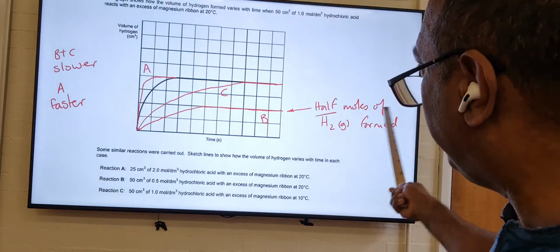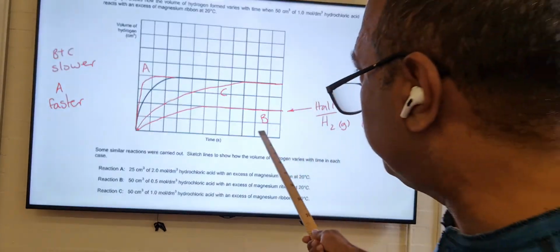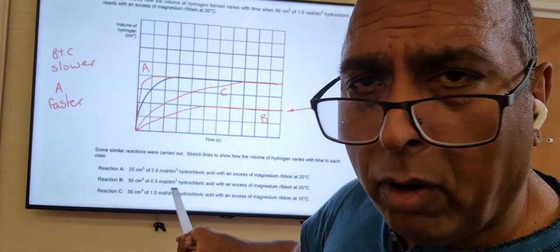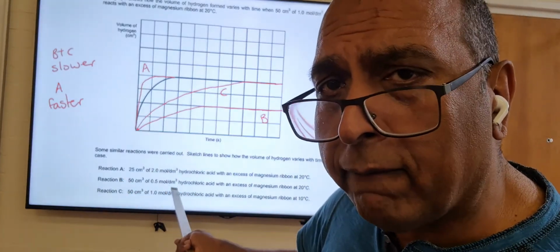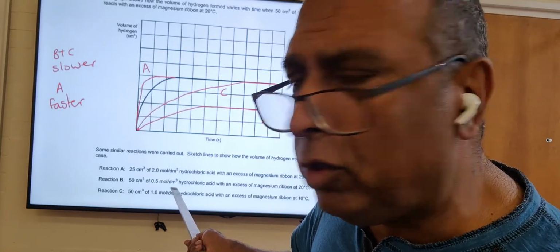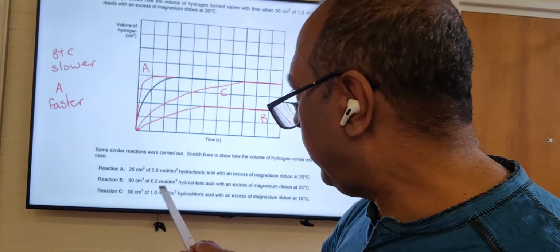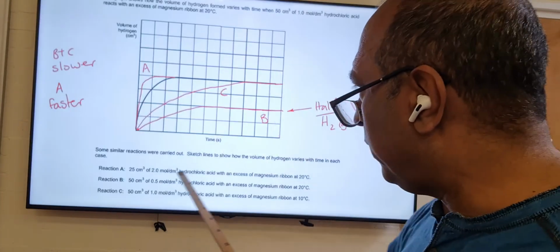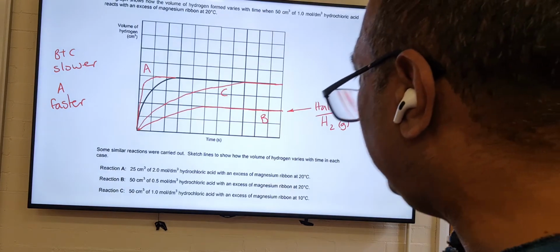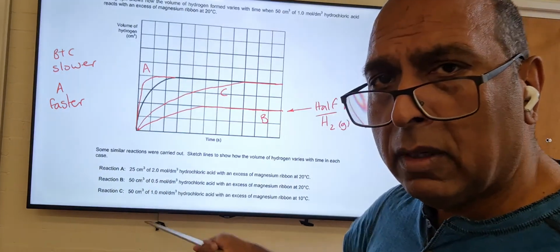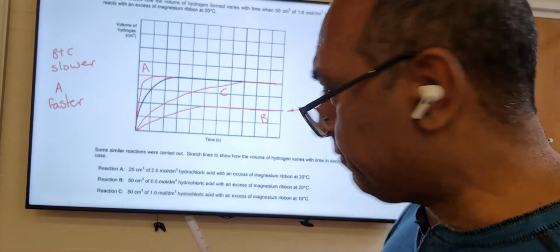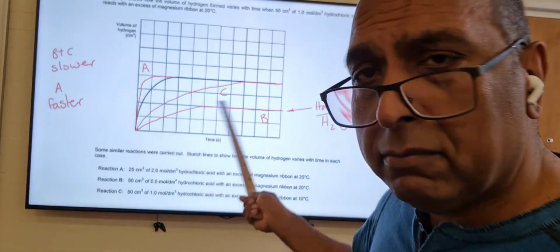So half the moles of hydrogen are formed for B, which is that one, because the number of moles of acid is half what you had before. You can work out number of moles of acid, concentration multiplied by volume. Concentration is half of what you had there. The volume is the same, and therefore the number of moles of acid is half,